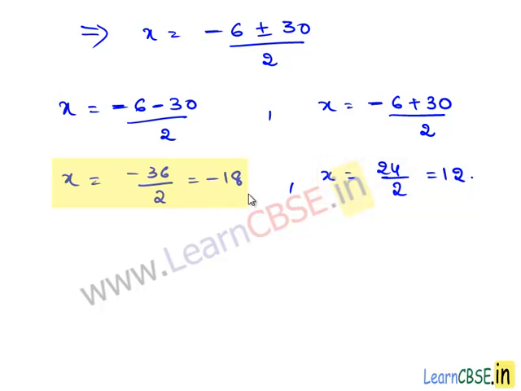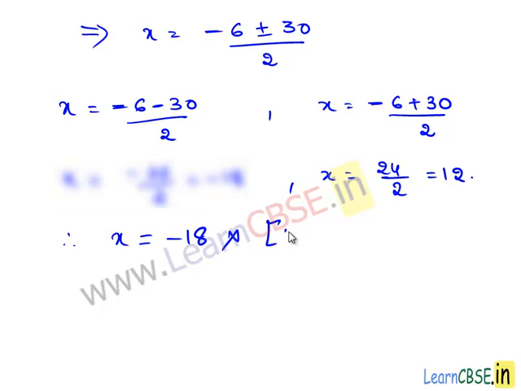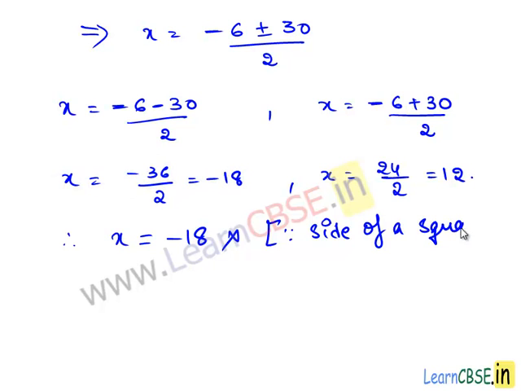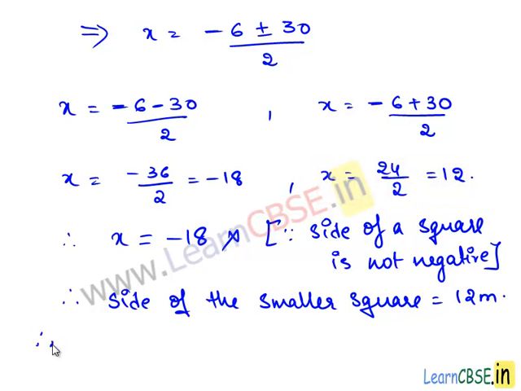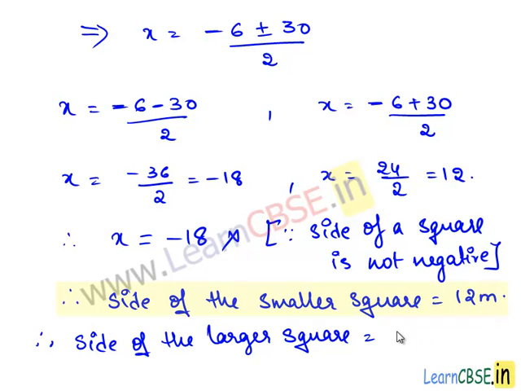A side of a square can never be negative. Therefore, x is equal to minus 18 is not considered, since side of a square is not negative. Therefore, side of the smaller square is equal to 12 meters, and therefore side of the larger square is 6 more than the side of the smaller square, that is x plus 6 meters, so which is